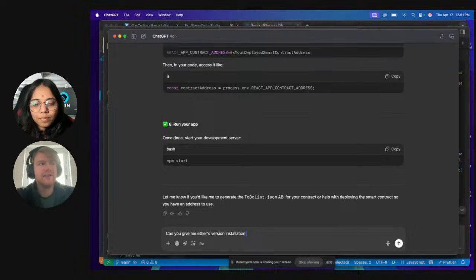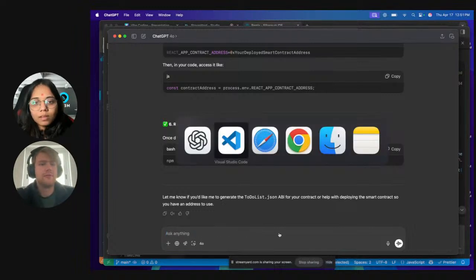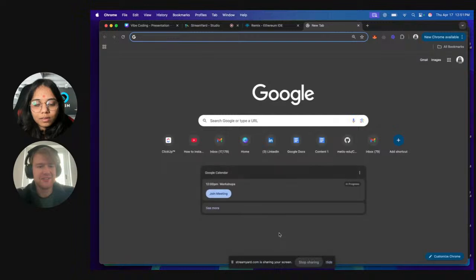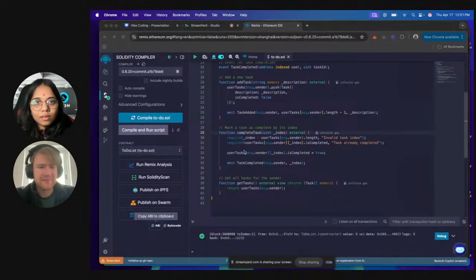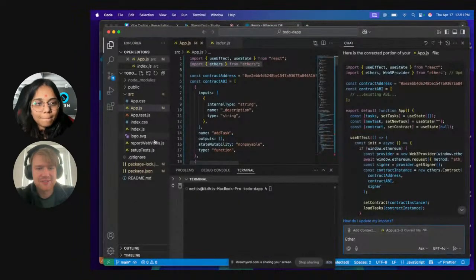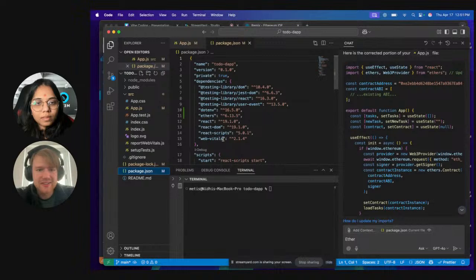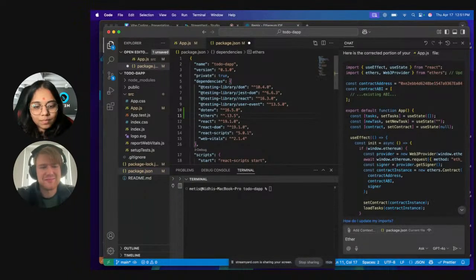I guess in this case, if you look at the package.json, it should, yeah, see, Ethers v6. I mean, you just fix it here, right? Yeah, if you just put 5, or something like 5.0.0, that should be fine.